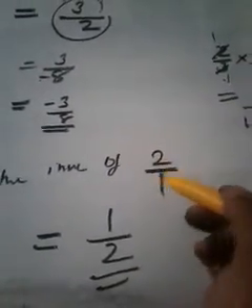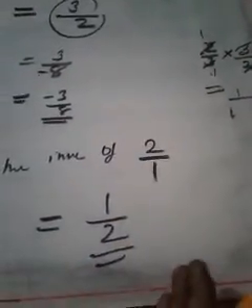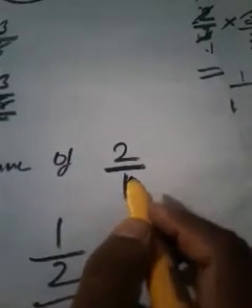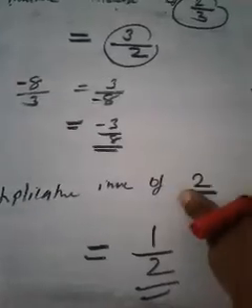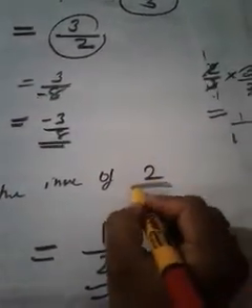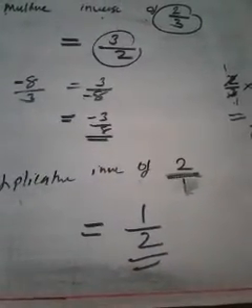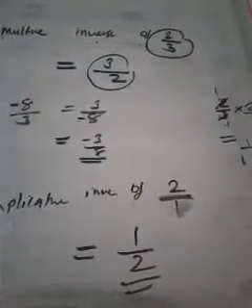Because when there is a denominator 1, or anything in the denominator, we can easily take the reciprocal. That's why I gave 1 as the denominator. If there is no denominator, you can write 1 as the denominator, then you can take the reciprocal. Now what is the multiplicative inverse of 2 by 1? The question was the multiplicative inverse of 2. I wrote it as 2 by 1 because 2 by 1 is nothing but 2. Then the multiplicative inverse of 2 is the multiplicative inverse of 2 by 1, that is nothing but 1 by 2. You may have understood. Okay. Now let us solve the questions.